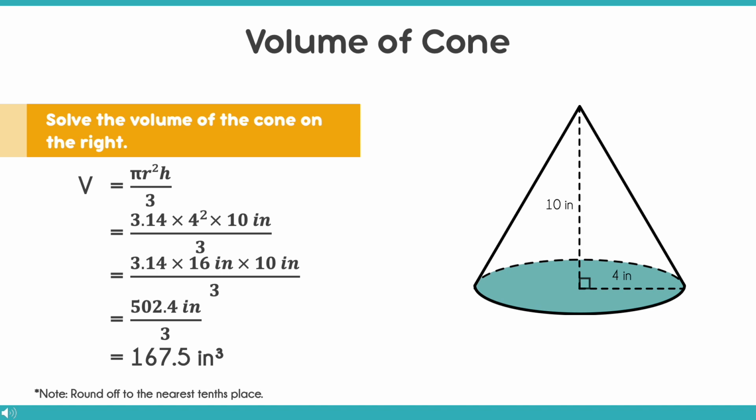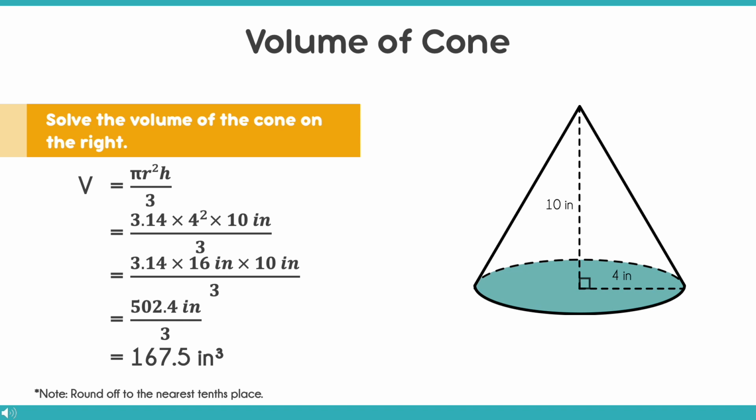The solution is volume equals pi r squared h over 3. The radius in this problem is 4 inches. So, you will write 3.14 times 4 squared times 10 inches over 3. Again, solve first the radius. So, multiply the radius by itself, or 4 times 4. We then get 16. So, we write